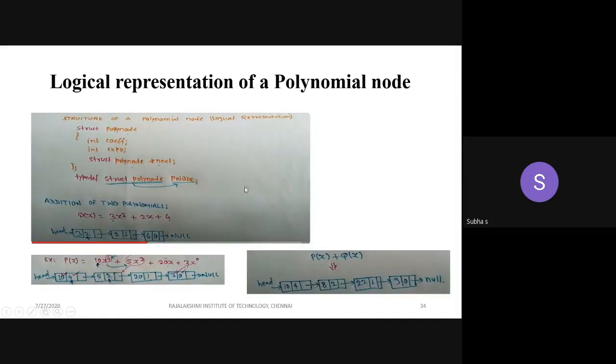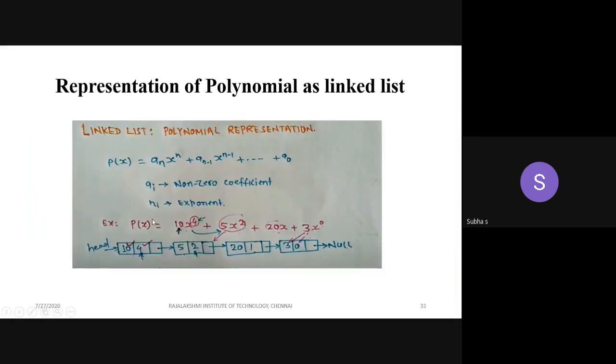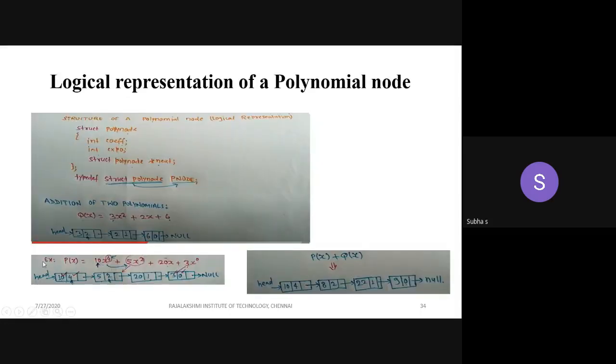Okay. Now, let's take another polynomial, this one, q of x. For easy understanding, I mentioned this diagram here itself, on the left side, this one. So you are having the polynomial 1 here. I am taking another polynomial q of x equal to 3x square plus 2x plus 6. 6 means what it denotes in terms of x? 6x power 0. 2x is also what? 2x power 1. Don't get confused.